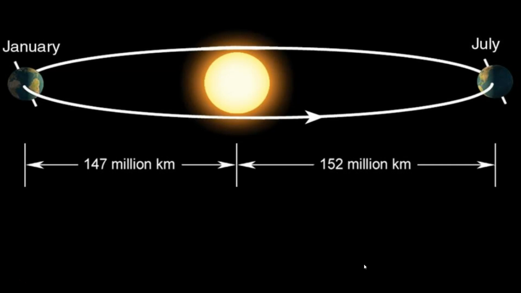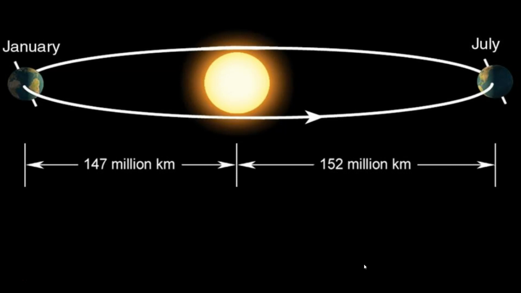And so because of this tilt that the planet has, and you notice that as the Earth orbits around the sun, the tilt never really changes its direction. It's always pointing towards the North Star. Okay, so as it revolves around the sun, which hemisphere is tilted towards the sun determines the seasons. And so in the case of July, you can see that the northern hemisphere is tilted more towards the sun. That means that the rays are going to be more direct on the northern hemisphere, which